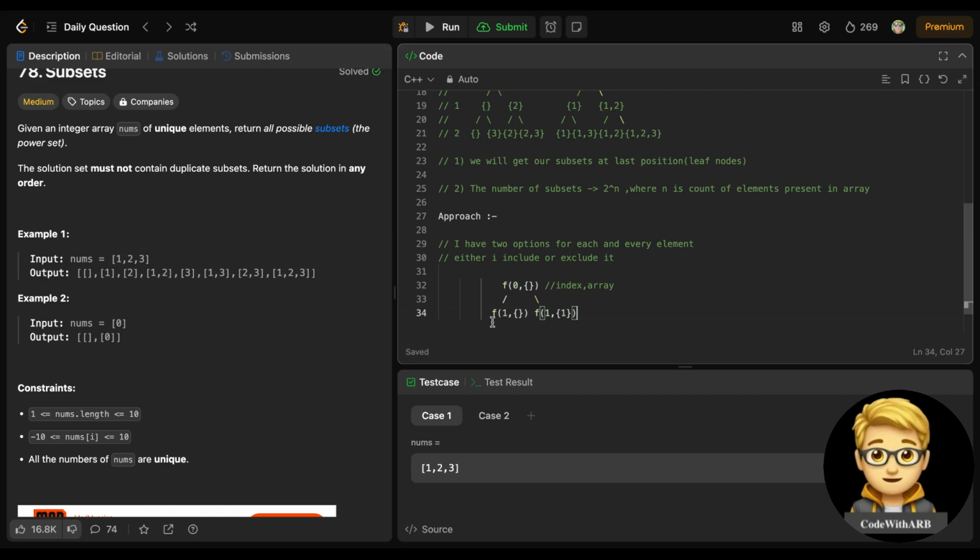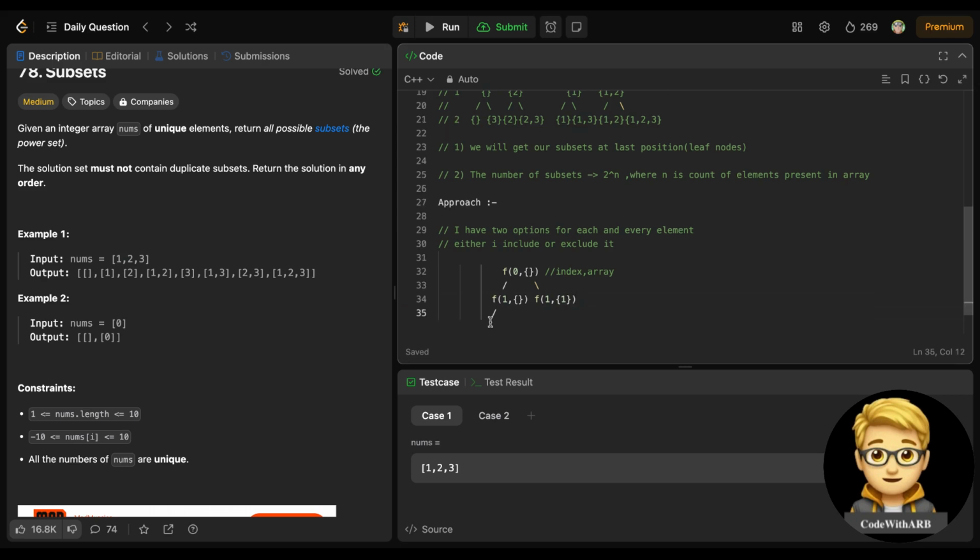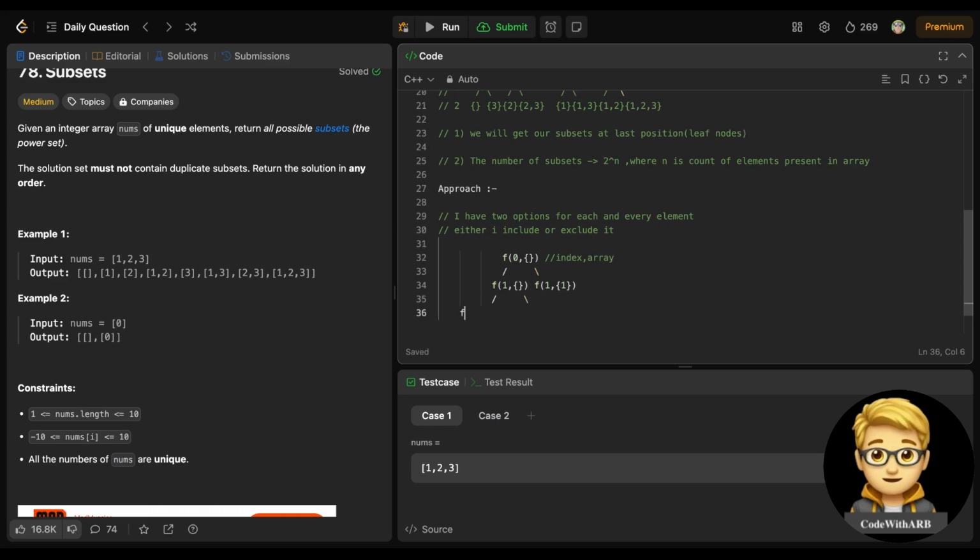Now again for the same thing, I have two choices for every element. If I include this, then for the second element I again have two choices. Either I don't include it, so it will again be empty, but if I include, that will be 2, because I included the second part.